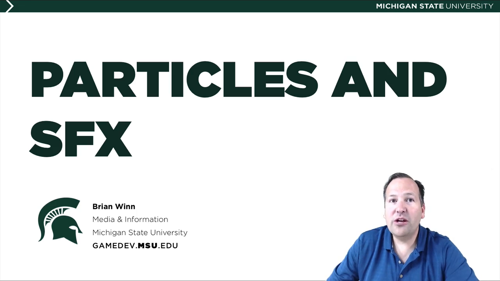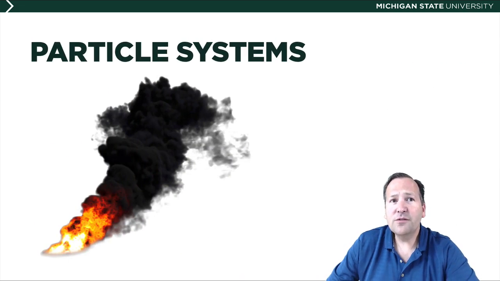In this video, we'll create a few particle systems to create visual polish in our game, as well as add a few sound effects. So far, we have just had solid objects in our game world. A particle system allows you to simulate fluid-like entities such as fire, smoke, and clouds. The larger visual effect of the particle system is achieved by having many simple 2D images or 3D meshes moving